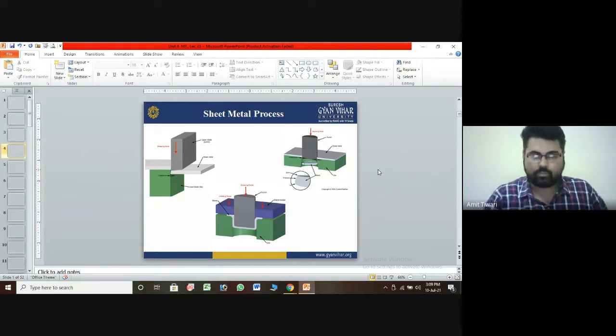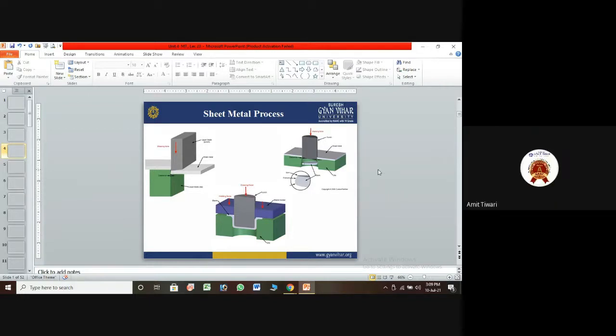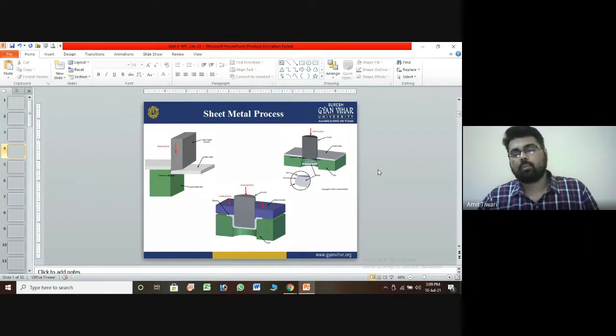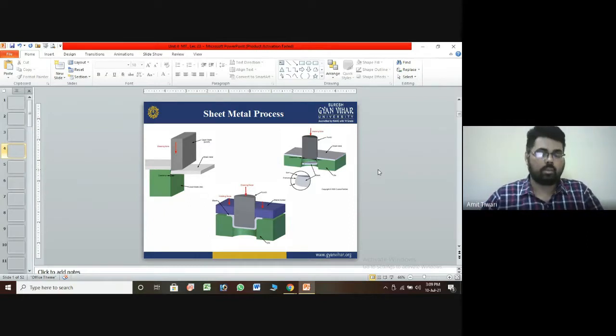That's why we can say sheet metal process is very popular and easy to understand, but difficult to manage because it requires a punch for the particular shape. First of all we require the punch shape, and after that you apply this punch shape to the respective tool, and then you can easily cut out. These are some basic fundamentals we require. High stresses occur at the set place, and you can keep the same sizes, and it is easy to understand.